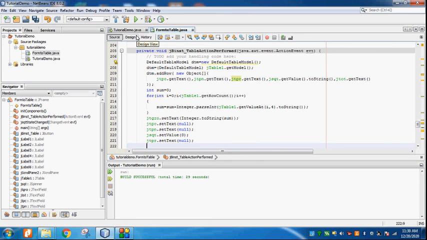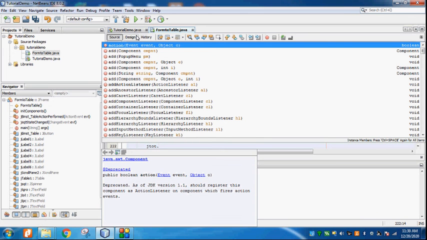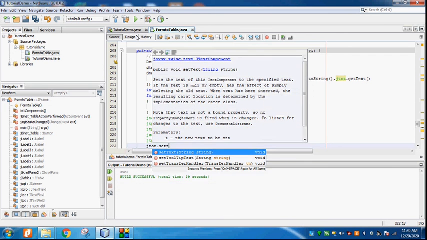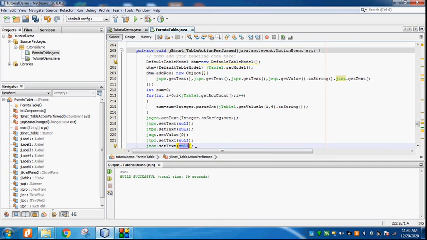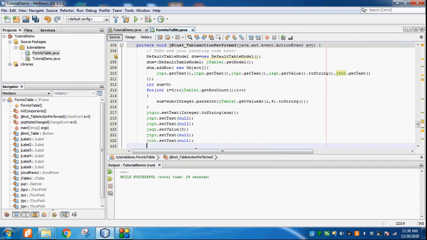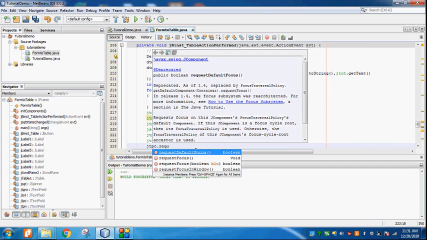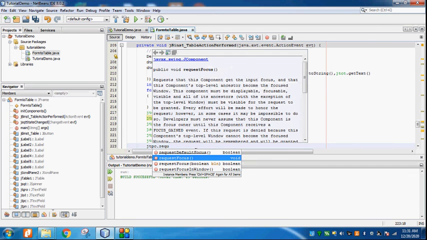For total I will give jtot dot setText is equal to null, and I'll bring my mouse pointer in the JTProductCode dot requestFocus.